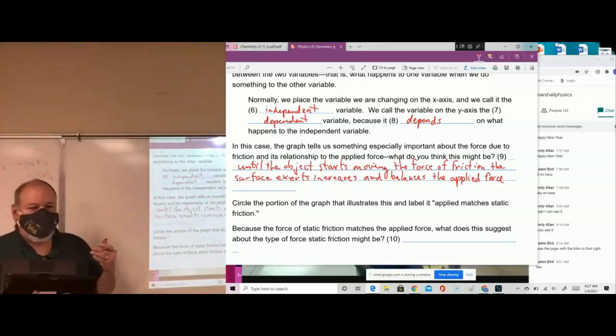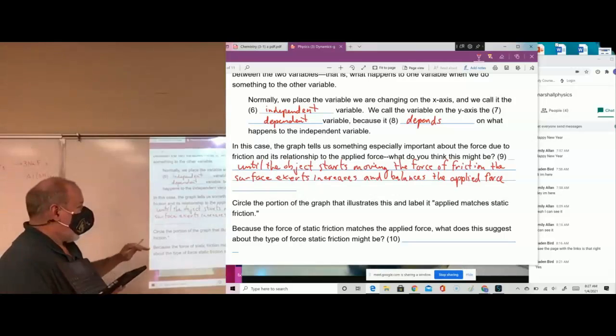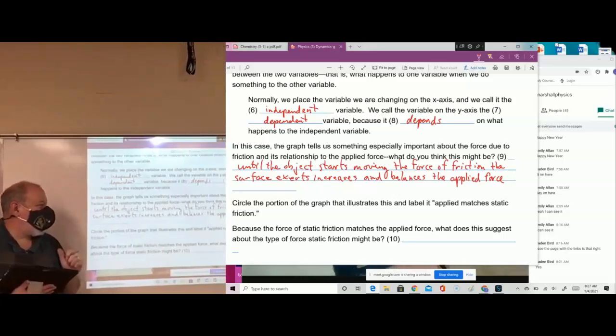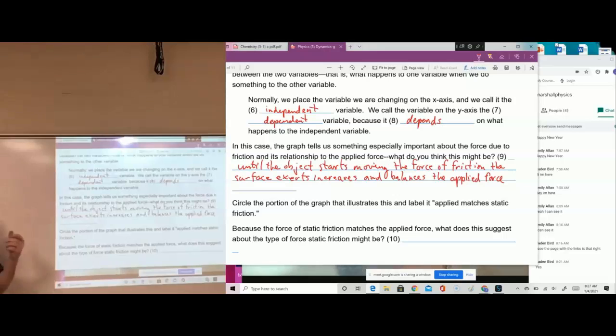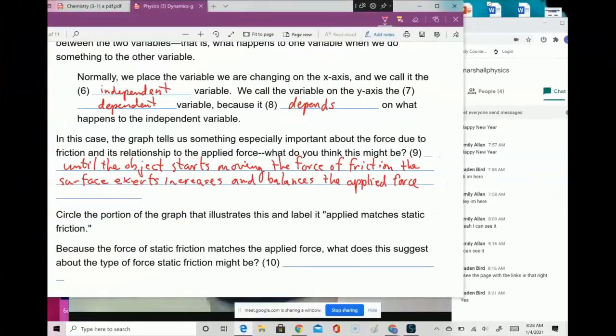Now, some of you have probably already figured out that you can use your Chromebook to figure out what the answers are before I show them. Yeah. Okay? And that's fine. That's good. I just want you to have this information, and I want you to write this down because we're going to start making claims about physical situations and writing explanations as to why our claim is correct. We need to be able to start writing what we think about this in an intelligent sort of way.